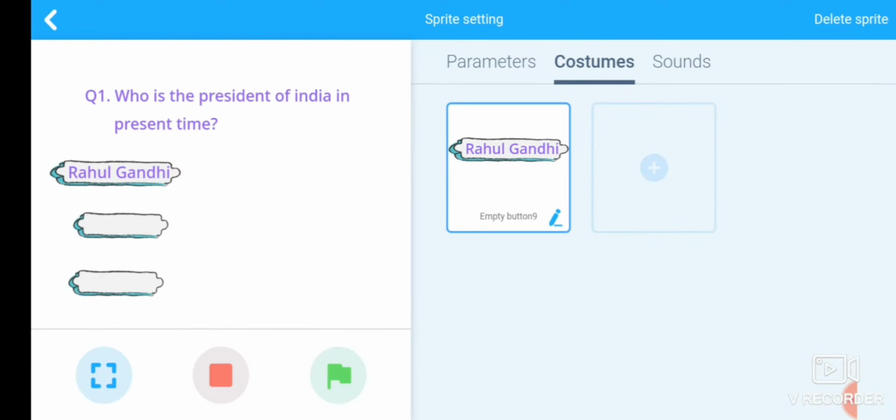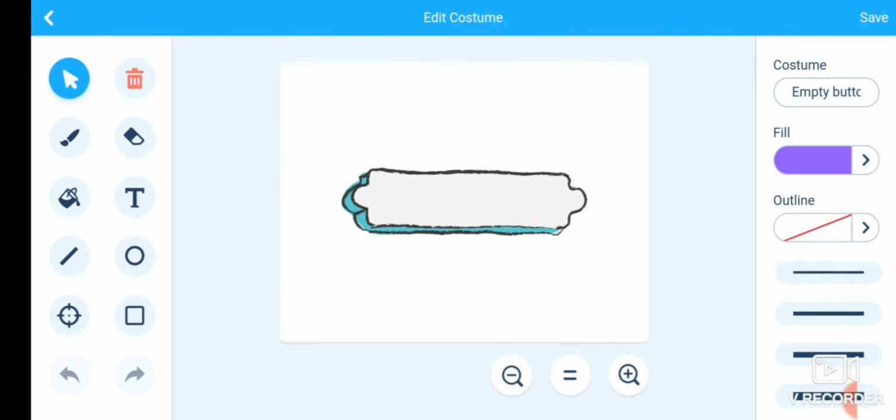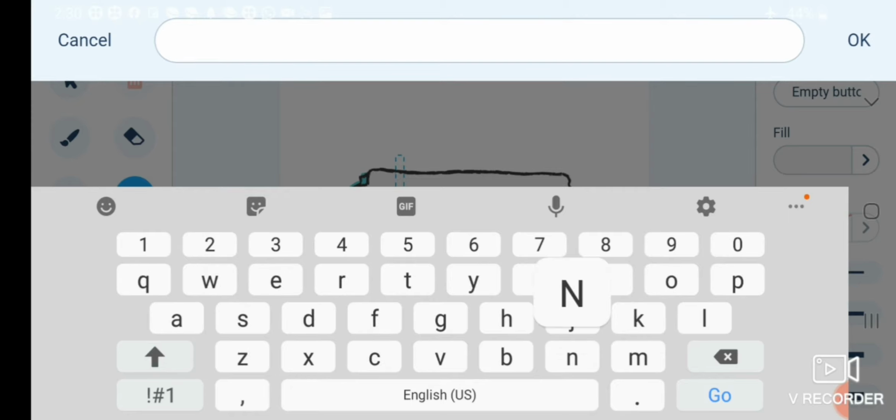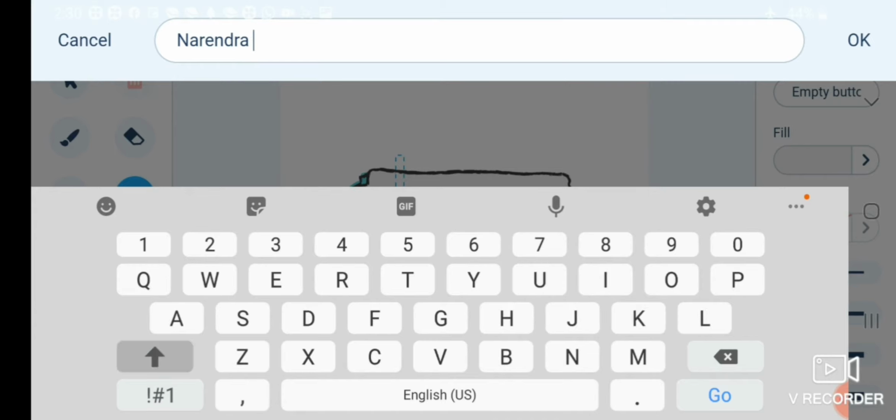Okay, now the second option. Click on the second option and then again edit it. Type here. Our second option is Narendra Modi.